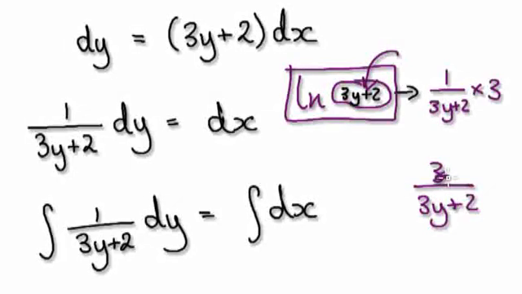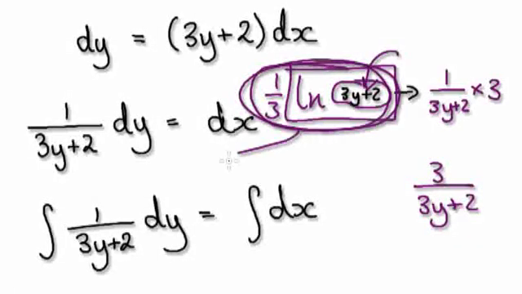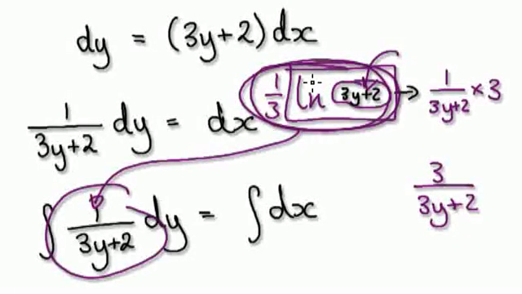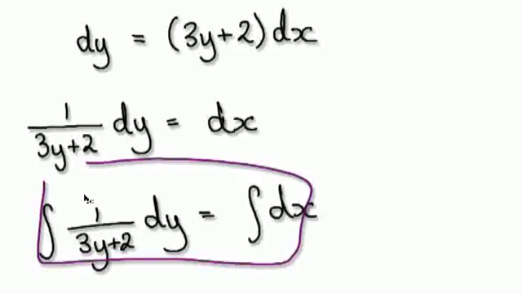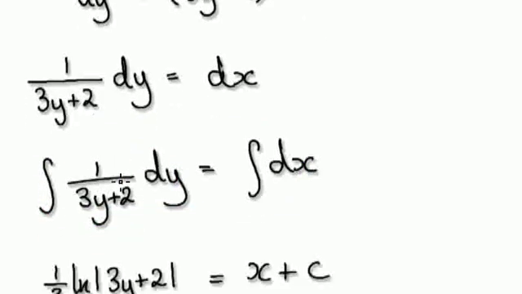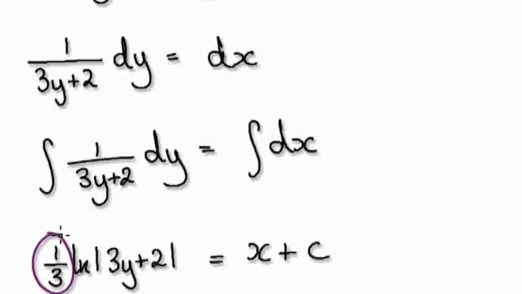So for you to get rid of this 3 here, because looking at this here, you need a 1, not a 3. So you need to make the adjustment a third. You see, now if you differentiate this now, it will give you this. Well, the antiderivative of this is actually a third of this whole thing here. But the thing is, you need the absolute value, and we've done several videos on why you need the absolute value here. Okay, so when you're here, the antiderivative of this should be a third, and you do need that third there, and then the absolute value of whatever was in that bubble there,